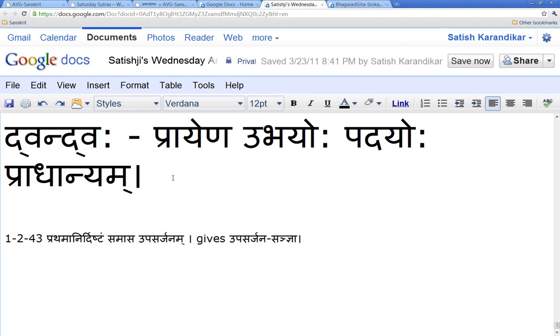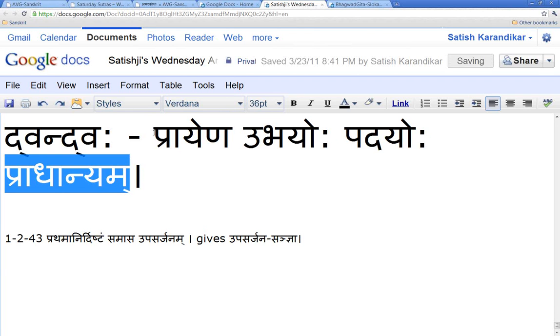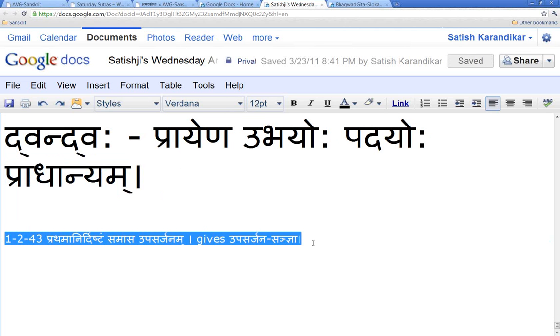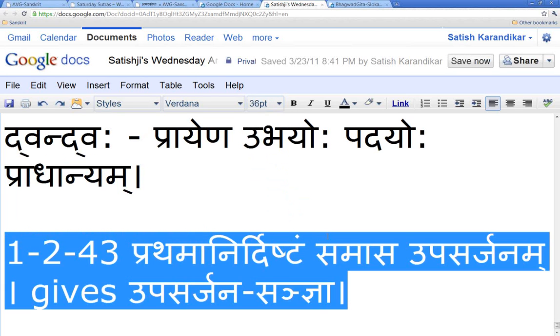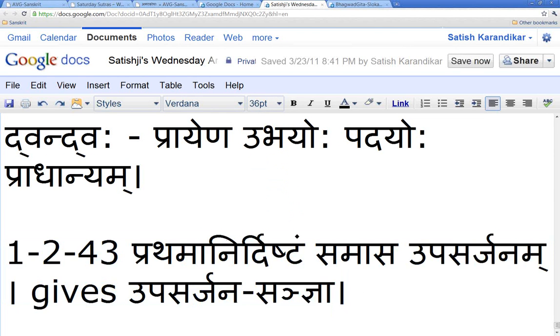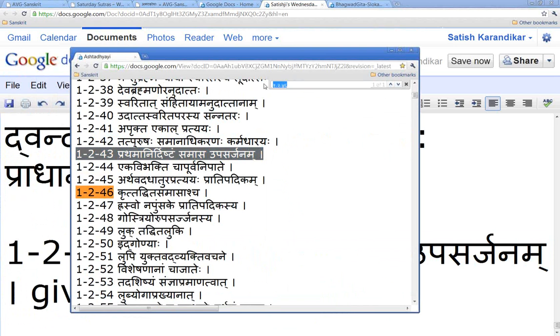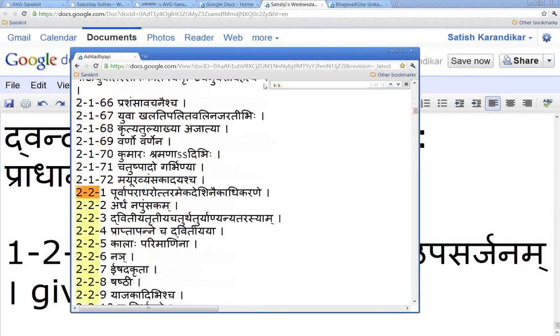So always keep in mind which sutram you are using, and what is in Prathama in that sutram, and that is the item which is going to go first as a general rule. I'll come to some special situations, but this is the general rule. Just like we talked about today and last class regarding Kritaddhita Samasascha and Supo Dhatu Pratipadikayoh, in any compound you will have to determine the Prathama Nirdishtam, and then Upasarjanam Purvam.